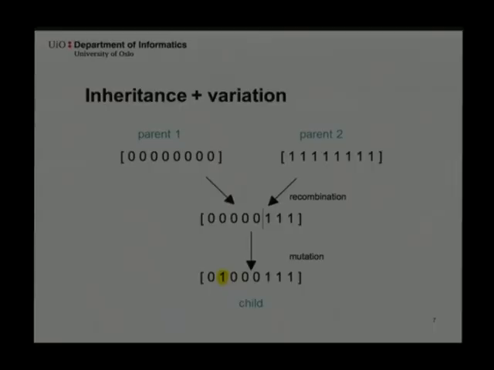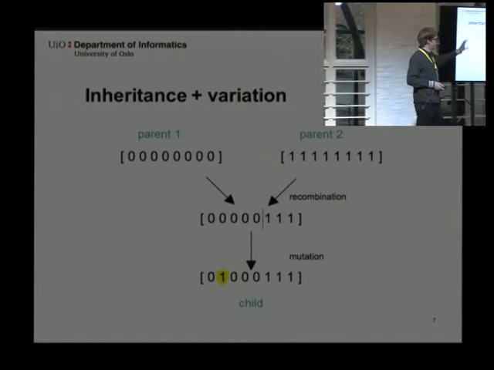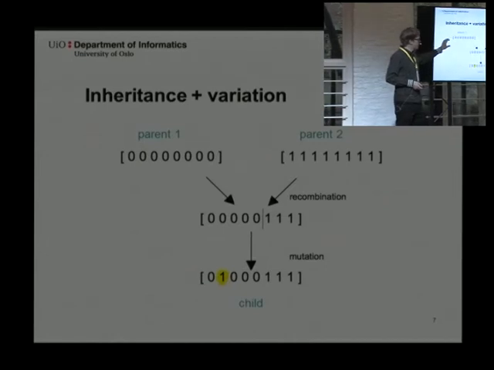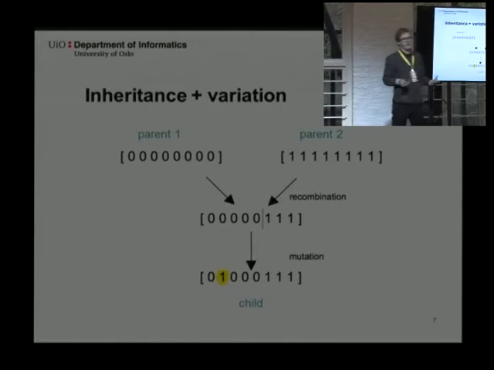And the third thing is that you need a way of doing the really important part of this evolutionary process: good solutions need to transfer their good features to the children, and you also need a little bit of variation so you can actually have improvements. So you get a little bit of code from your parents, a bit of zeros, a bit of ones in this case, but you also do a little bit of mutations so you can actually have some random